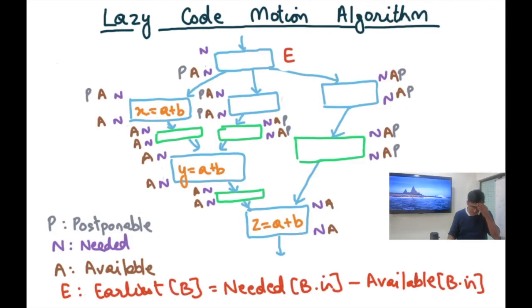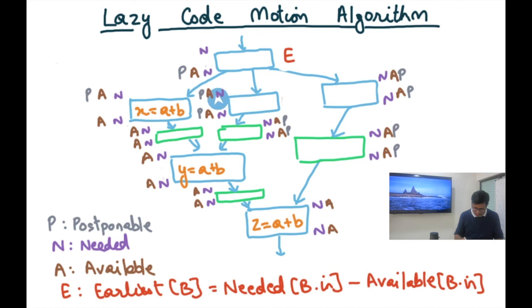Alright, so this is the result that we had in our previous slide for this particular example. And now I'm going to do postponable. With postponable, I'm going to say that it's postponable here because it's earliest, but it's not postponable in the beginning because I haven't even seen earliest. So it's not postponable at the beginning of the basic block, but it's postponable to the end of the basic block. It's postponable at the beginning of this basic block, but it's not postponable at the end of the basic block because it's being used in this basic block. And recall that my transfer function involves minus e use. So that's why it's not postponable here.